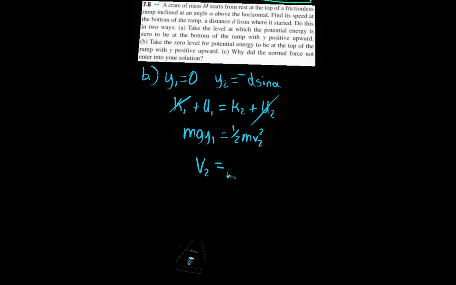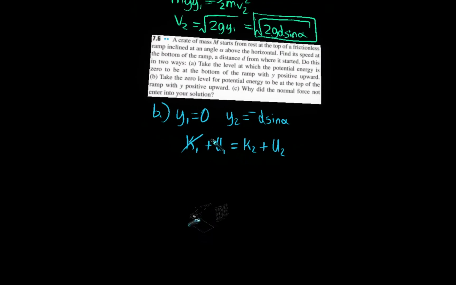And v2 is equal to the square root of negative 2gy2... no. So the difference in assigning of our axes mattered for what we cross out here. So where we have defined 0,